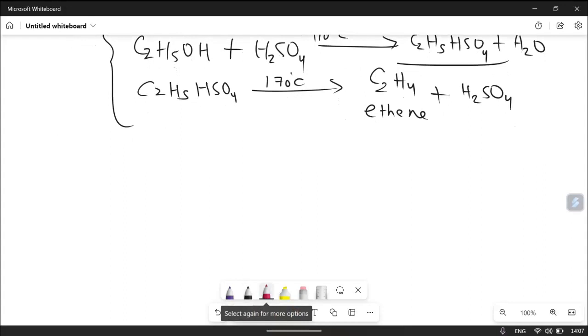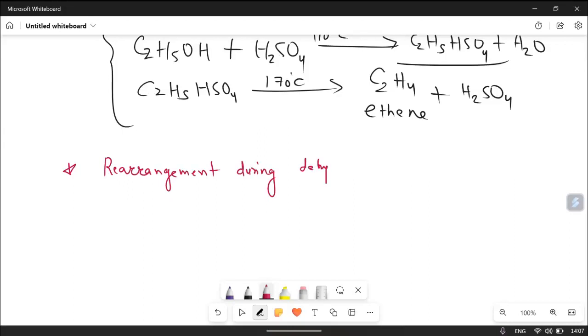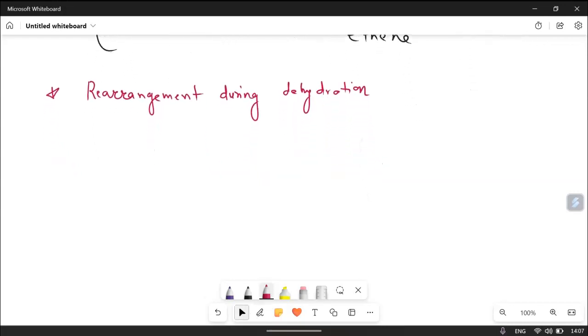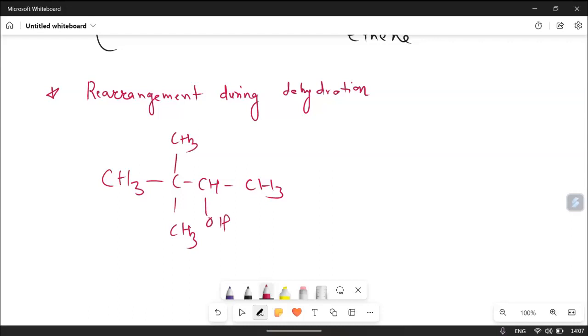Remember that the next reaction which we are going to discuss is rearrangement during dehydration. Very important reactions which we are going to discuss here. Suppose we have 3,3-dimethyl butane: CH3, C, CH, CH3, here it is OH, and CH3 here, CH3 here. Here will be OH. So it is 3,3-dimethyl